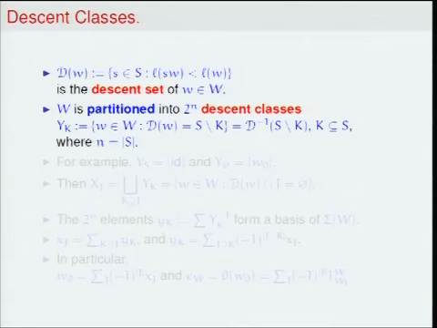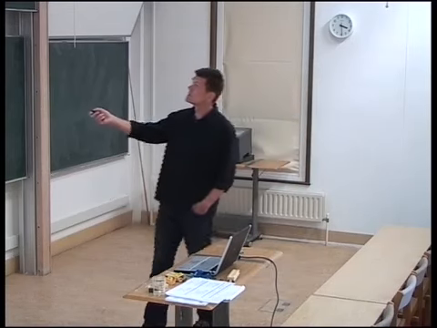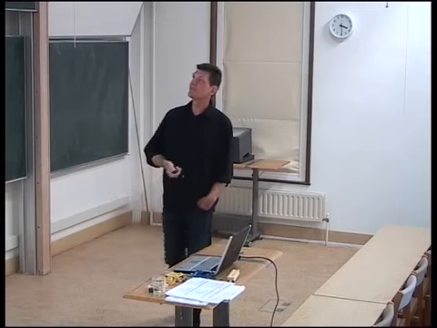And you can describe the descent classes as inverse images of subsets of generators. Actually, here it's complements of subsets of generators. It's the complement of the subset, which is the descent set, that serves as a label on the descent class,